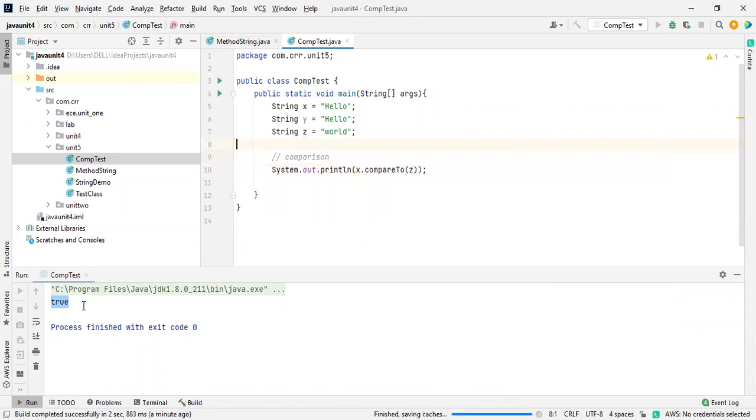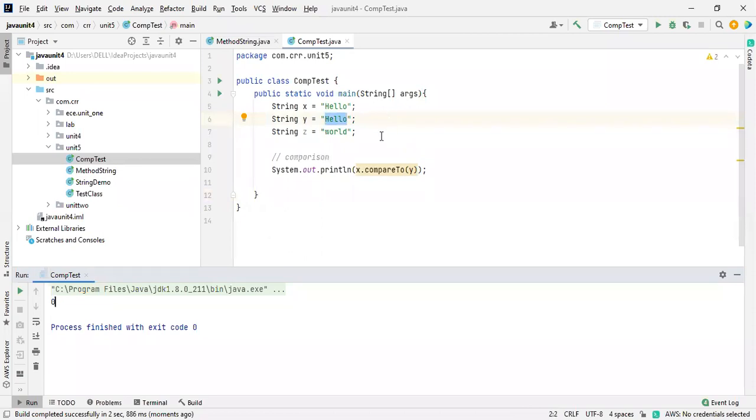Let me run this. 47. Yeah, if it is equal, it gives some number. So don't ask me about these numbers; I need to remember them by heart, which is not possible for us. If I mention y over here, let's check what it will give. Zero. Okay, now I got the point. If it is true, then we are getting a zero over here. If it is false, we are going to get a specific value of the string.